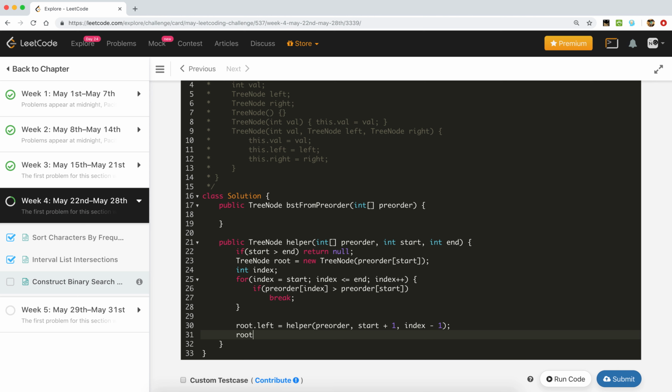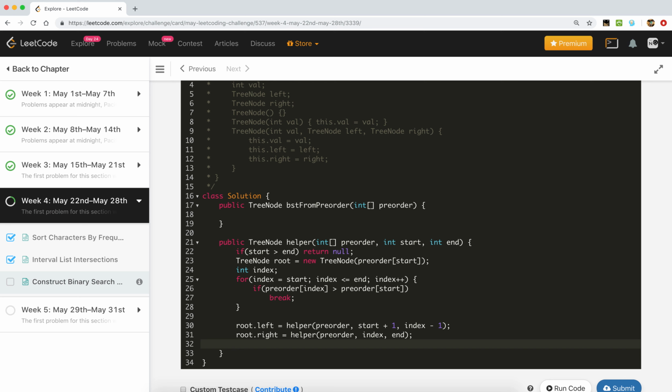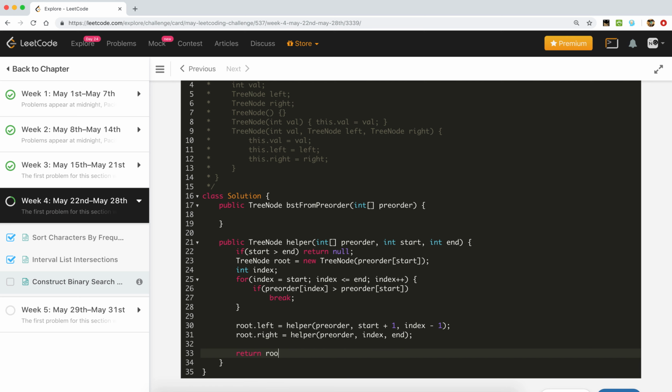The right subtree is root dot right, equal to helper with pre-order, starting from the index, comma end. After that, in the end we have to return our root node.